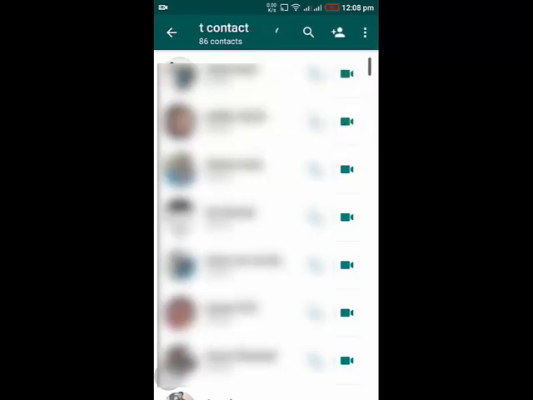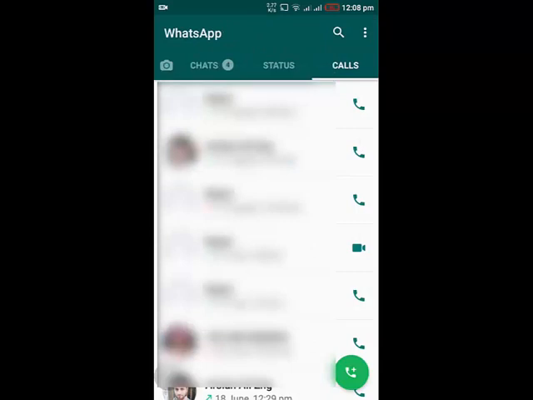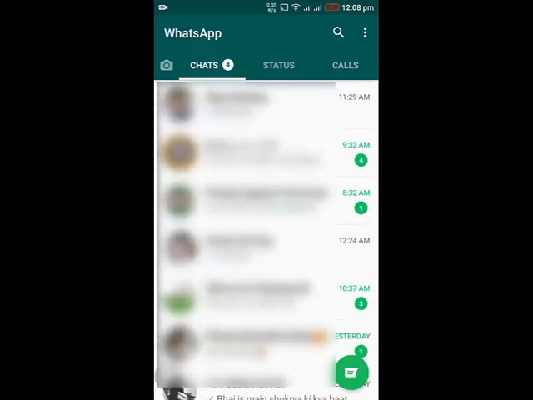Contacts will be refreshed soon, and you can make calls, send messages, and send different types of items and files to those persons